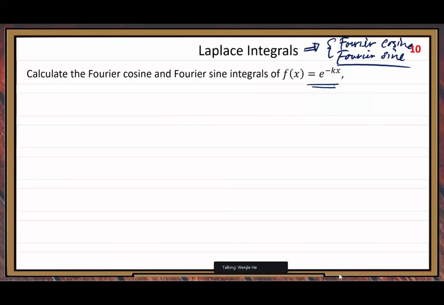But how can you apply the Fourier cosine integral for a non-even function? How can you apply the Fourier sine integral representation for a non-odd function? Actually, we can. Through this example, you will see,